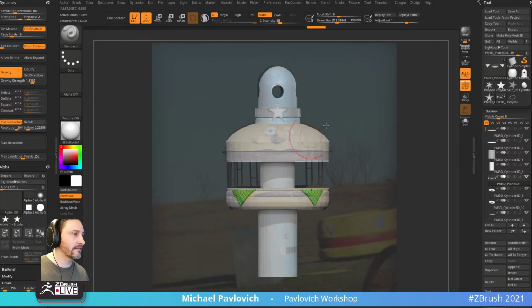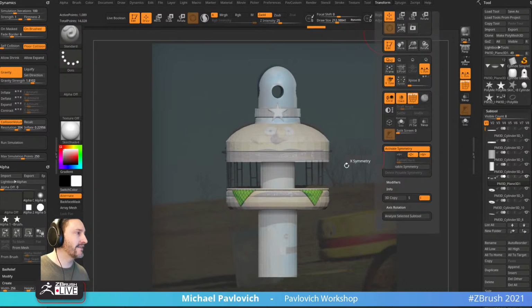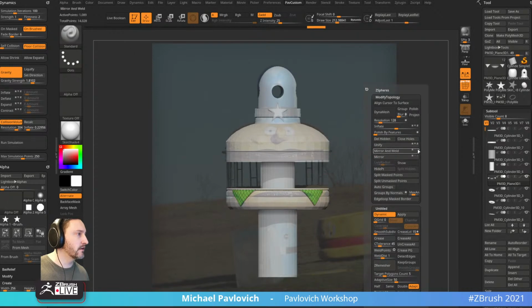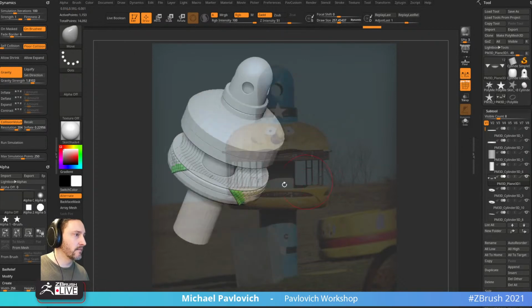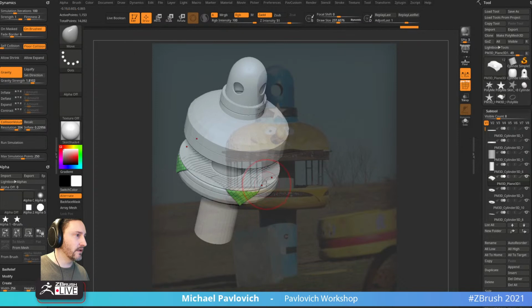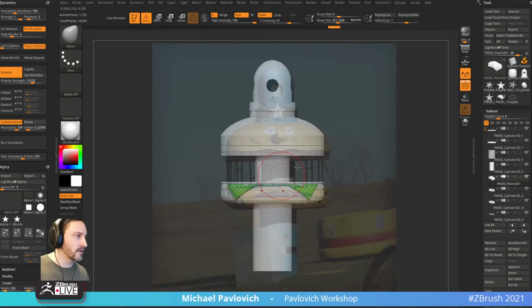So if I turn on X symmetry, I'm going to do another transform X and Z symmetry, geometry modify topology, mirror and weld in the X and Z. Because again, I'm going to end up ZRemeshing this anyways. And I'm just going to manually go through here and just kind of get what I need out of this. We need a little cheese poking through here. So I'm just going to make it so,